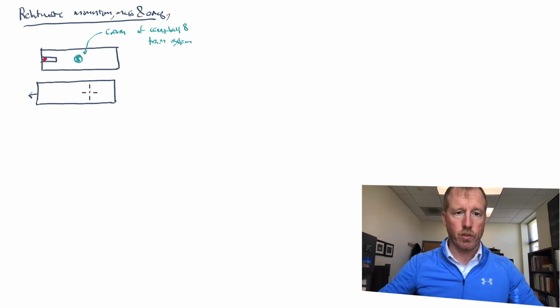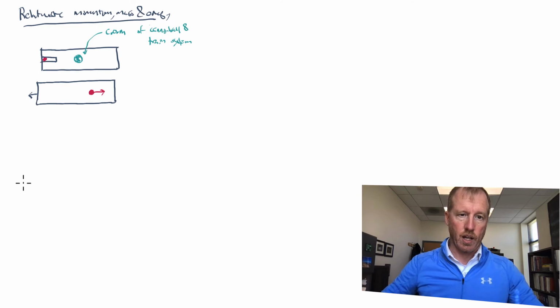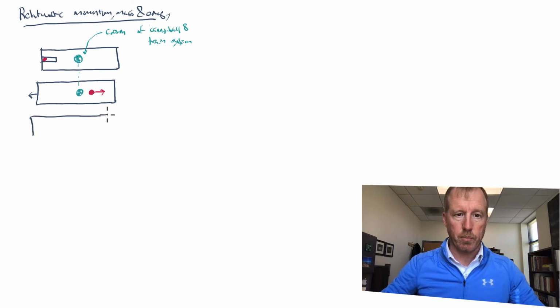The cannonball, of course, is flying toward the right, like this, but because this is a closed system, you might say, that is, there are no external forces acting on this system, the center of gravity of this system remains in the exact same position. That's because as the train is moving leftward, the ball is moving rightward, and those conspire in such a way that the center of gravity remains in the same spot. And then a moment later, what happens is the cannonball strikes the opposite wall, and the train comes to a stop as a result of that, with the cannonball lodged in this wall right here.